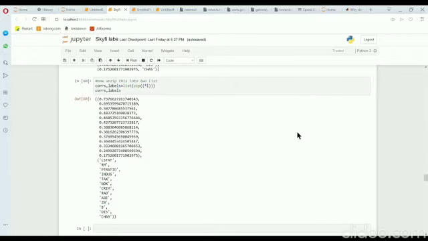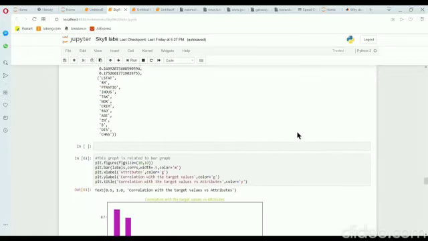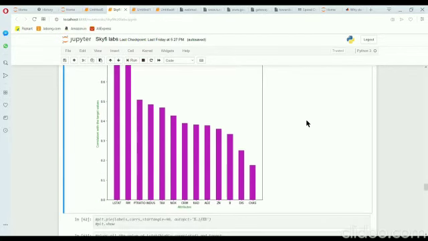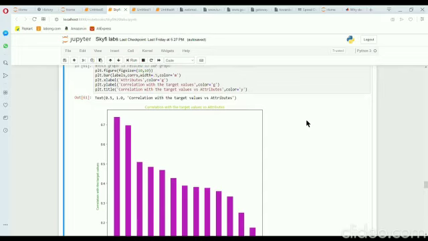Then we get two lists: the first one is for the correlated values and the second one is for the features. Then we plot our graph, basically correlation with the target value and features. So from the graph we clearly know that LSTAT is highly correlated with the target value.